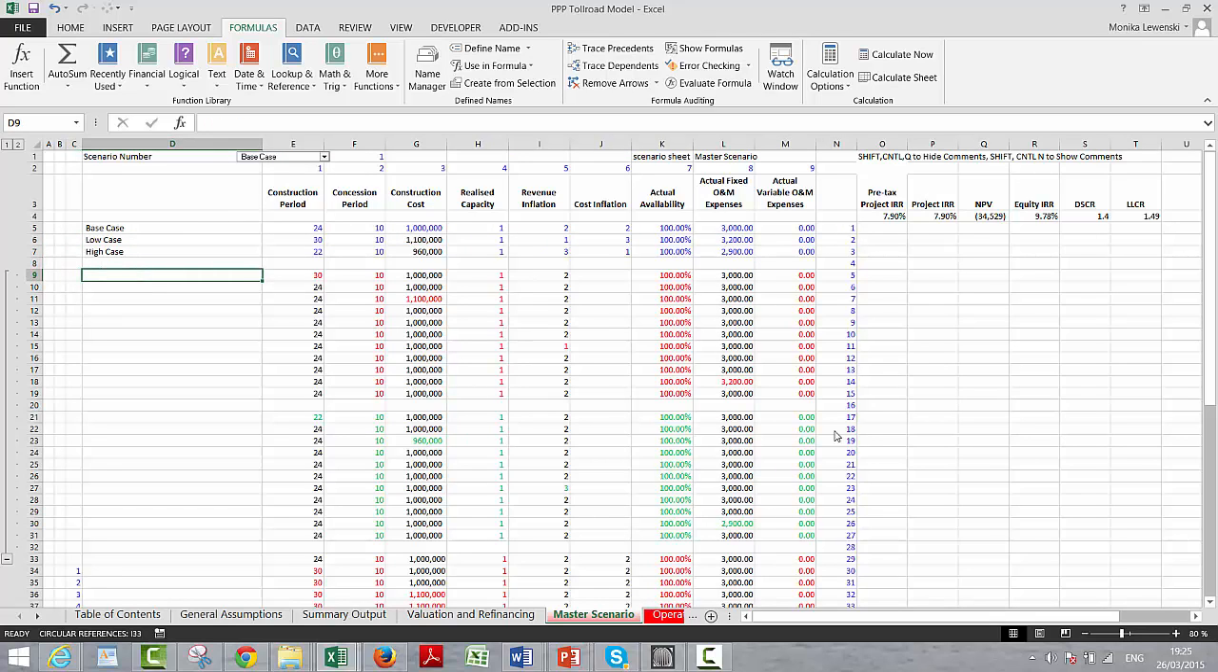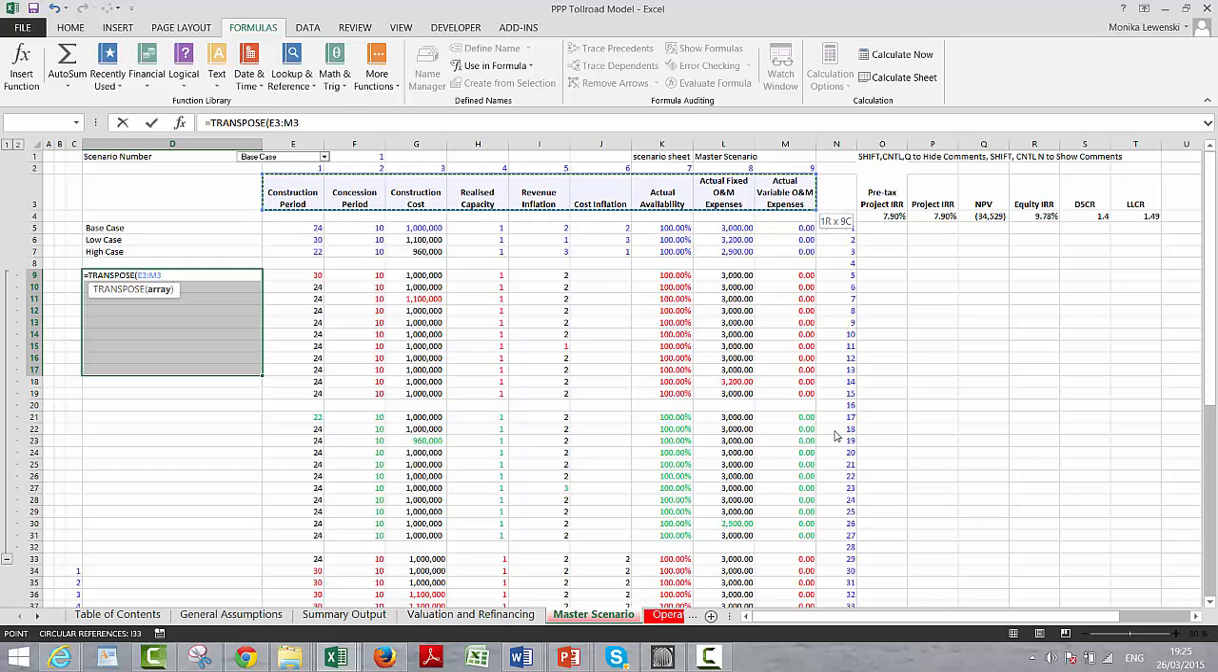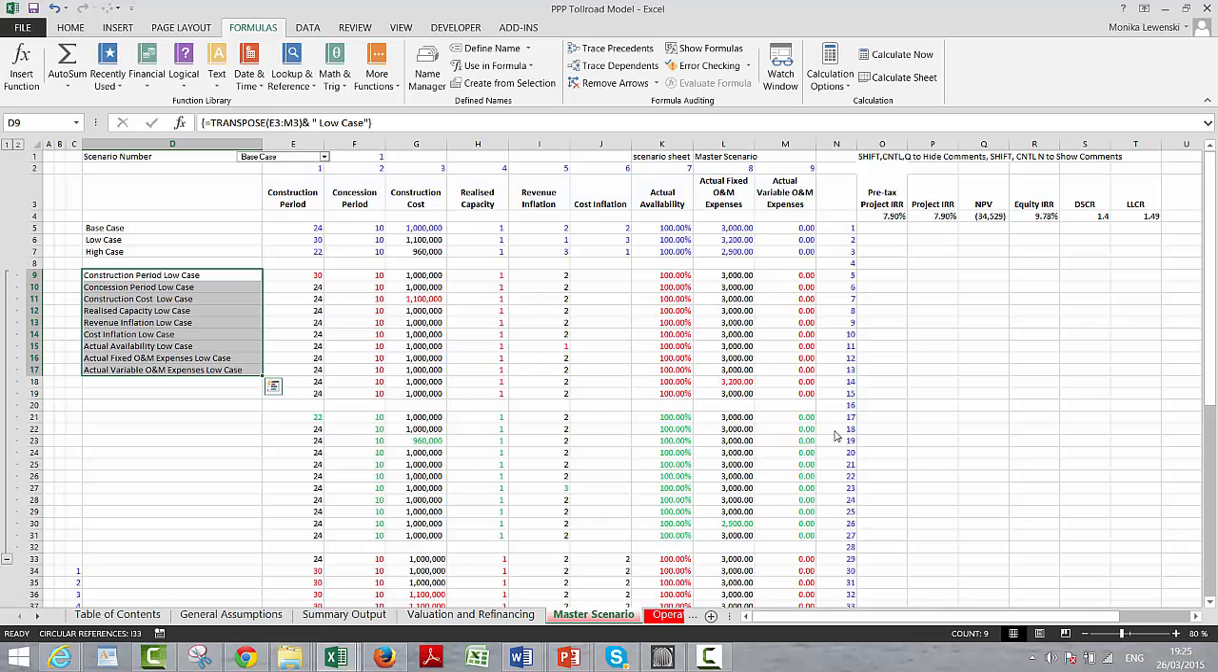So what we can do is let's make a low case at first. And to make a low case, we've got, let me see, 1, 2, 3, 4, 5, 6, 7, 8, 9. I could have got that by looking at that 9. So we put 1, 2, 3, 4, 5, 6, 7, 8, 9. Equal transpose, and we select the area, and we put that, and then press Shift, Control, Enter, and